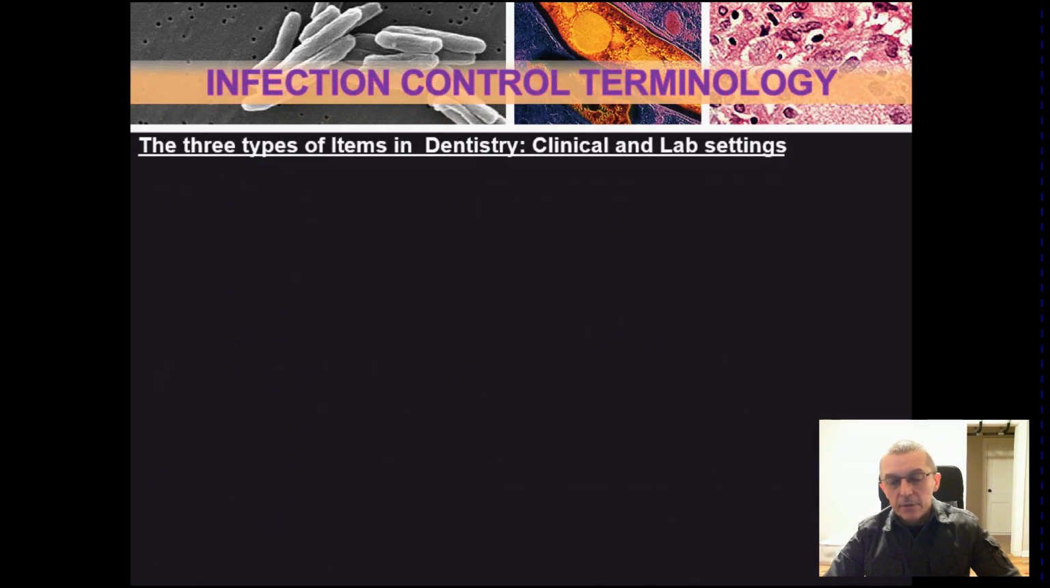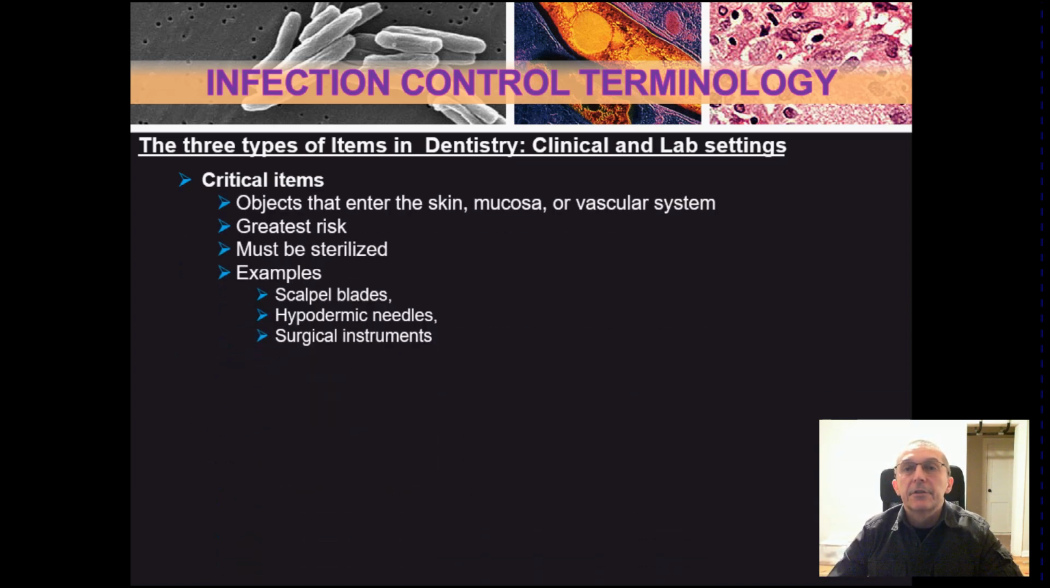Okay, so let's go over the types of items that we have in dentistry, in clinical and lab settings. So we have the critical items. These are objects that enter the skin, mucosa, or vascular system. So these things must be sterilized, because these actually enter the skin. If it goes through the skin into your system or the mucosa and gets in contact with your vascular system, your blood vessels and arteries and your circulatory system, these things must be sterilized because we cannot have any of these biomaterials enter the bloodstream,